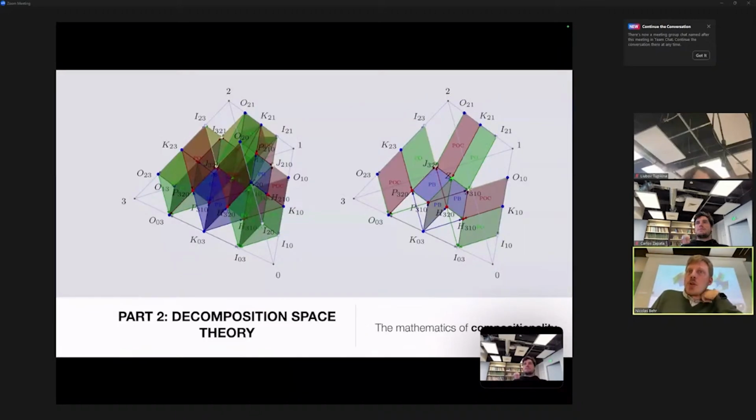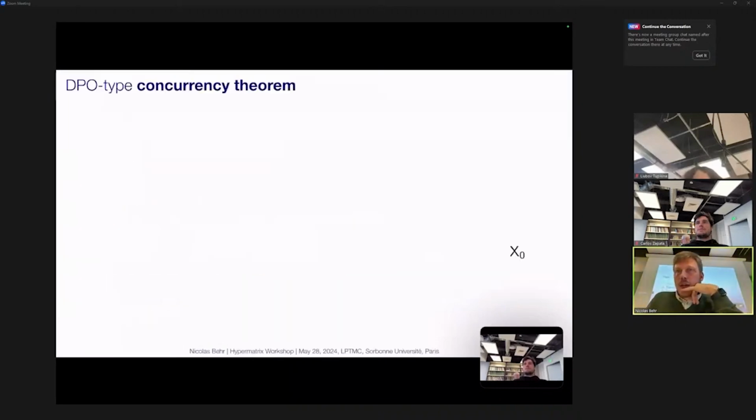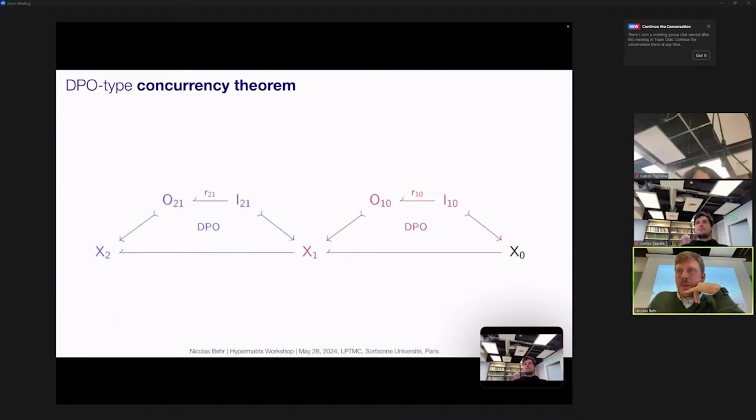So I'm going to show you briefly, because again, this is a workshop on hypermatrix theory and hierarchy and so on, I wanted to show you precisely what is the nature of hierarchy, if one can call it that, that plays a role here. And also to say this is a theory in mathematics, the composition space theory, which is a very well-established field by now. And one of my collaborators, Joachim Koch, is actually one of the people who really pushed this, especially for applications in computer science. And it is quite interesting that this very general mathematical theory fits perfectly for understanding this notion of compositionality we need in this particular kind of setting.